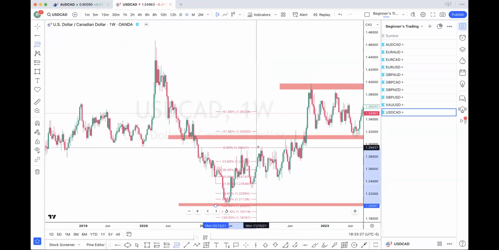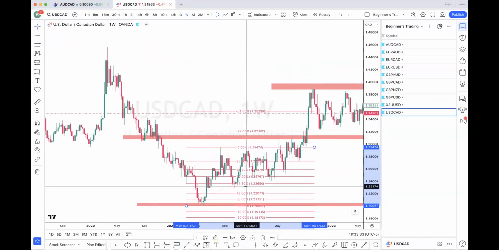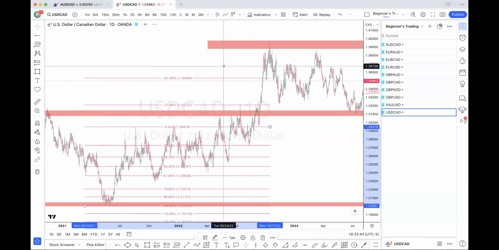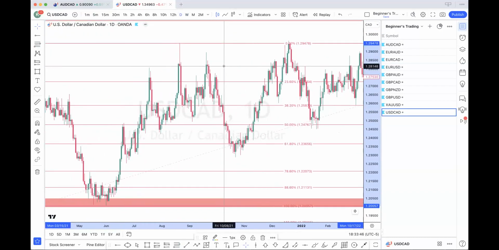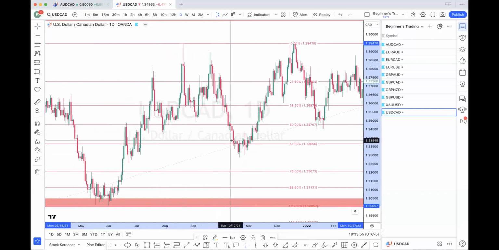So price broke structure there, pulled back to the 618. This is an order block right here. So let me go down to the daily and you'll see an order block. And it's still an order block. Okay, so let me just say this. So once price,